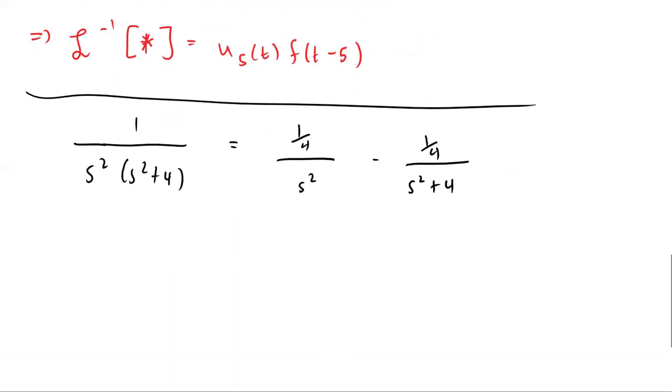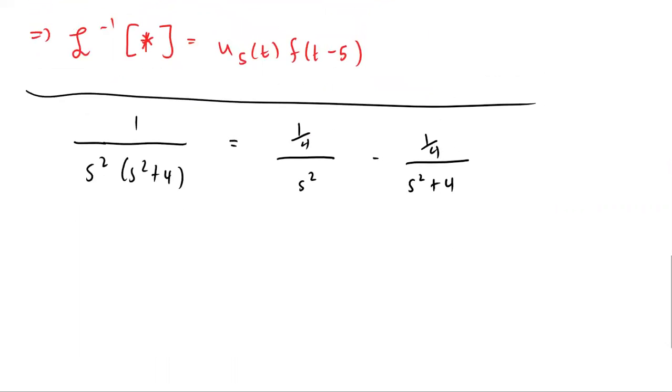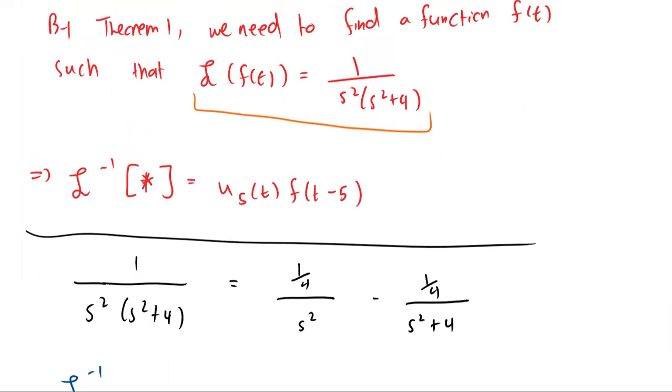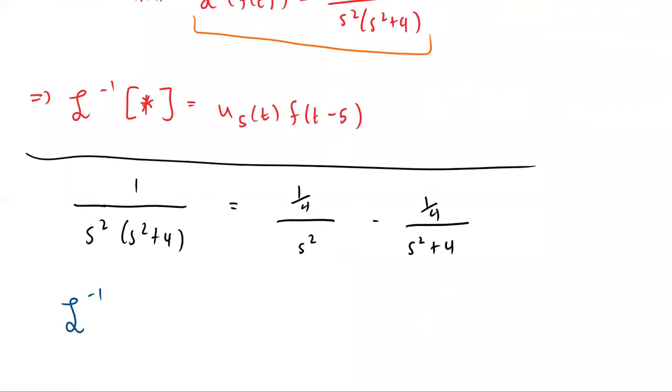Now, again, like I said, we're almost done. We take the Laplace inverse of both terms. Remember, our goal is to find this function f of t, whose Laplace transform is 1 over s squared times s squared plus 4. That's the same thing as taking the Laplace inverse of this expression. So by linearity, we get 1/4 times the inverse of 1 over s squared. We know what that is. Minus,